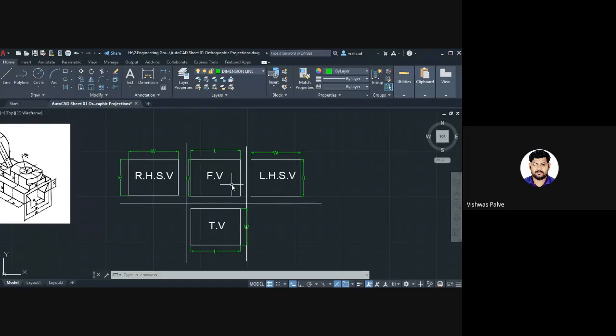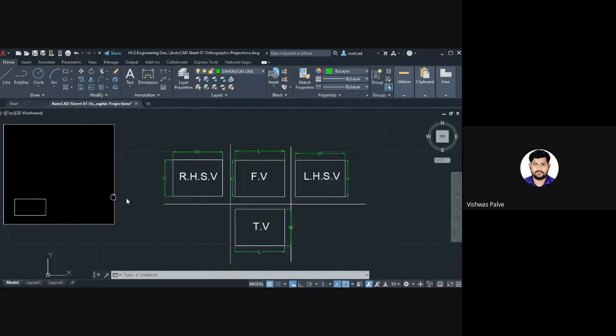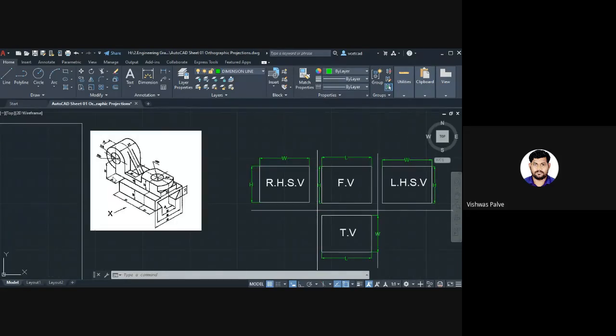So you just do the calculation, and we can guess how much is the maximum length, width, and height required. And one more thing, the same problem you have to solve in the classwork as a conventional drawing, because the second term test will be on AutoCAD, and in the end semester exam there will be a question on this for 15 to 20 marks which you have to draw on paper.